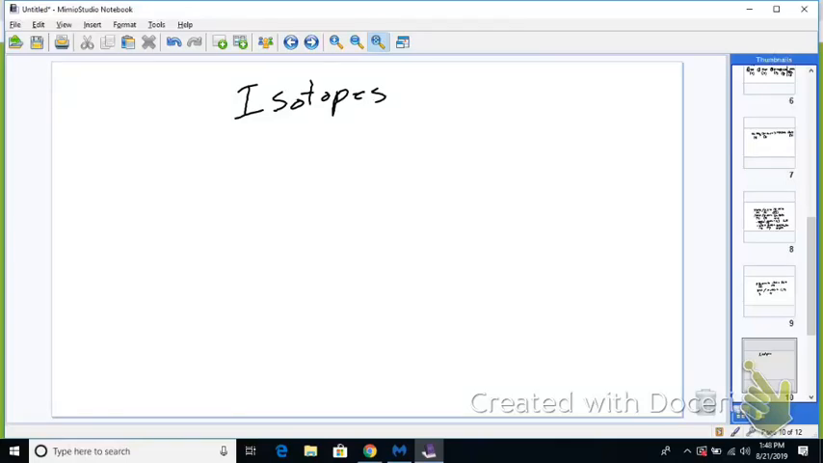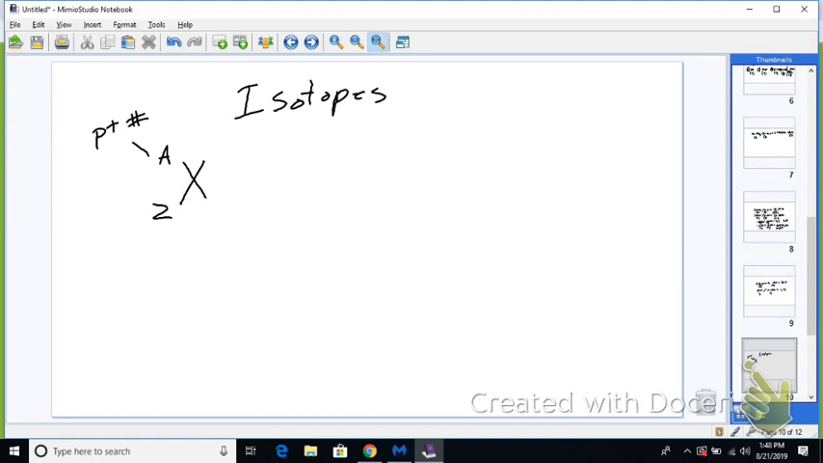When we take a look at it, they have a symbol like X, and up here they have A, which will be a number associated with that, and then down here there'll be Z. Okay, so this would be the proton number,